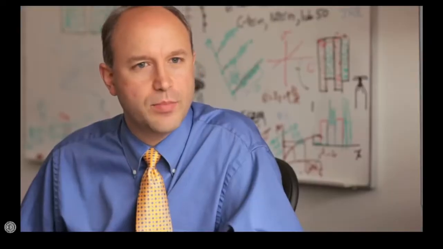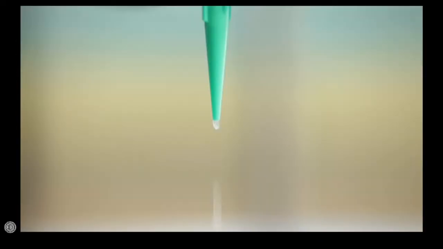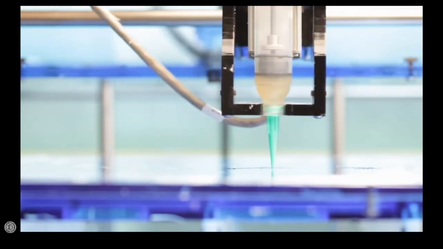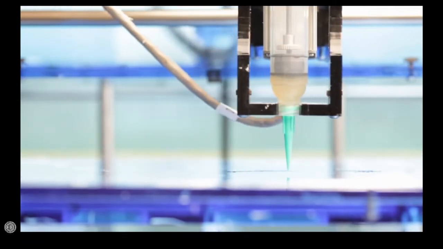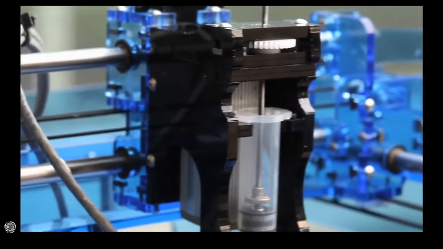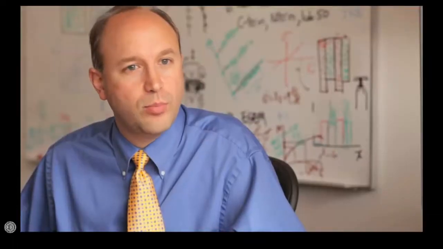The next key step is developing the ink for this printer. This ink is actually a living ink. It contains living cells. It's alive when we put it into the printer. It's alive when it comes out of the printer. The real power of the printing technique is that it can be used to make geometries that you just can't make with any other technique. You can make parts with holes in them. We can layer and cover and put different cells next to each other to create really the complex organs that